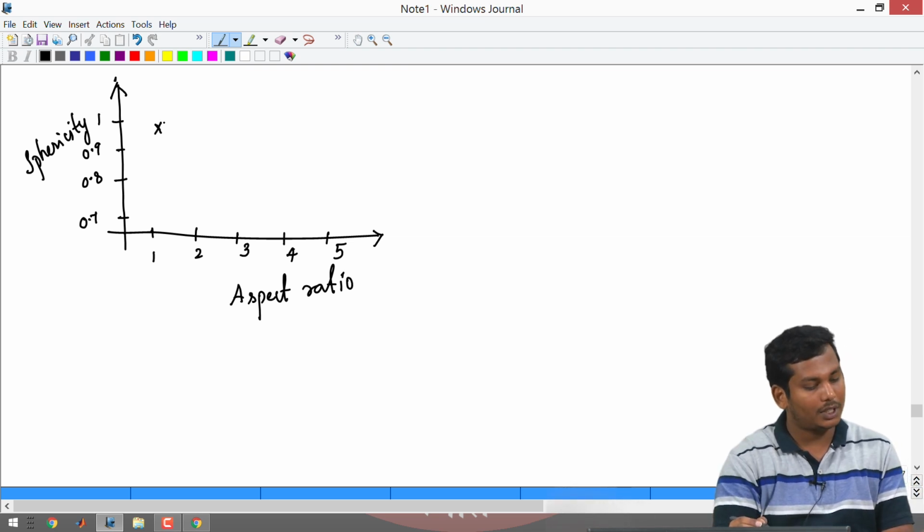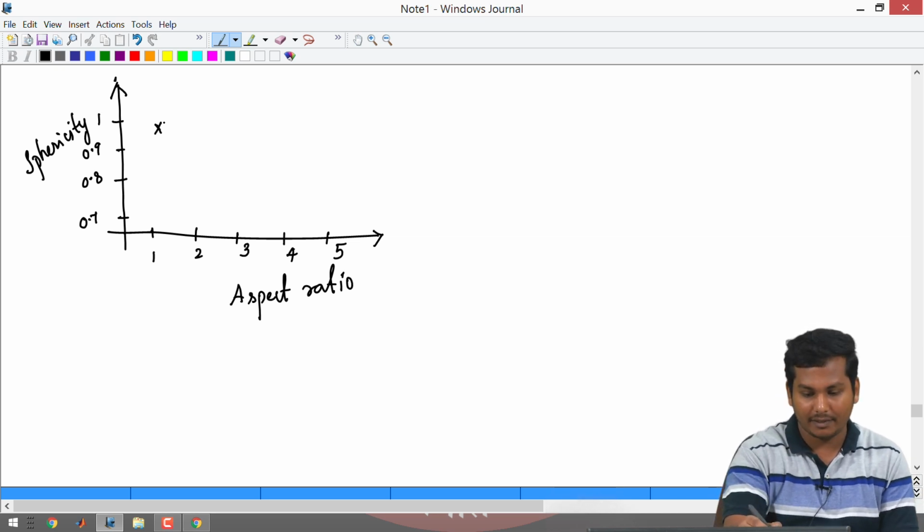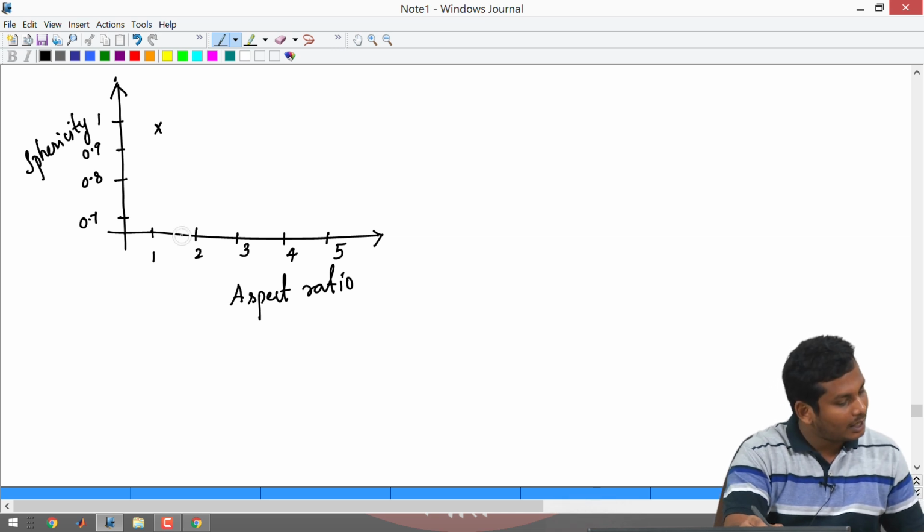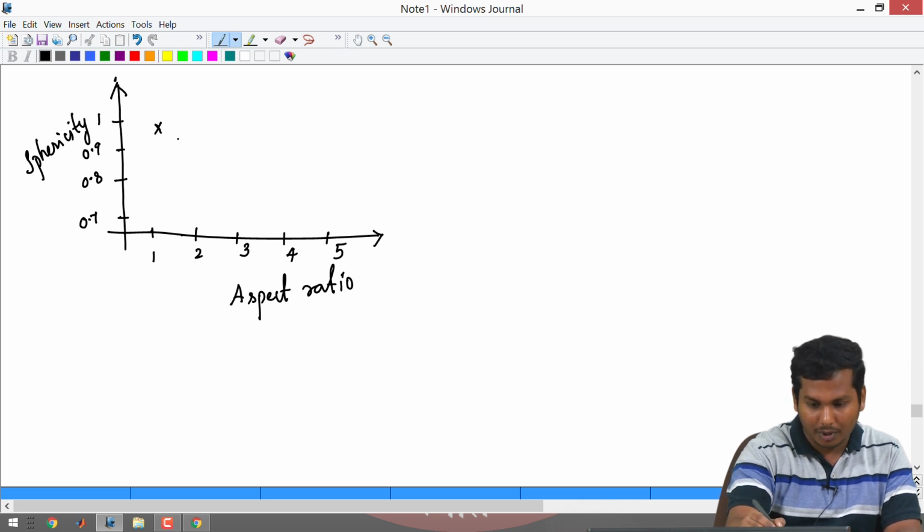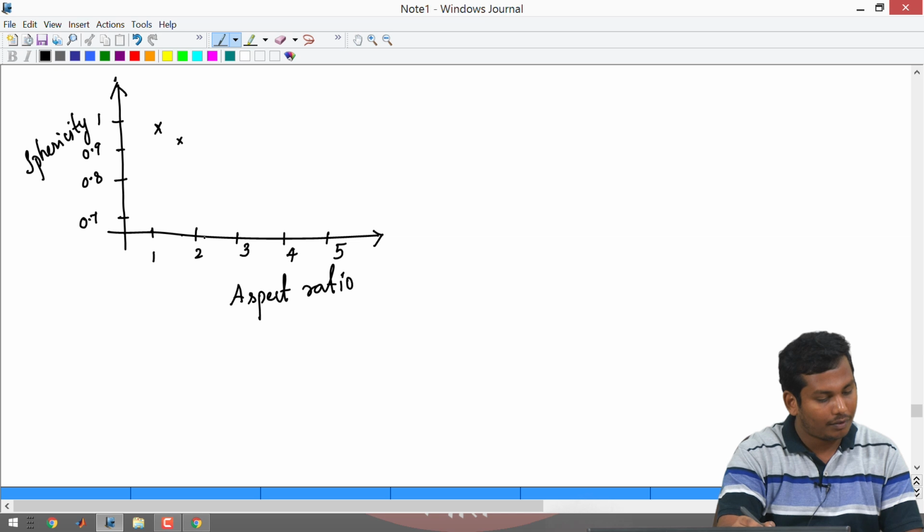And the next one we have the aspect ratio 1.7. So, there, 1.7 and the value is 0.9397, we can take it as 0.94. So, which is around there, and then for the aspect ratio of 2.1, we have got the sphericity to be